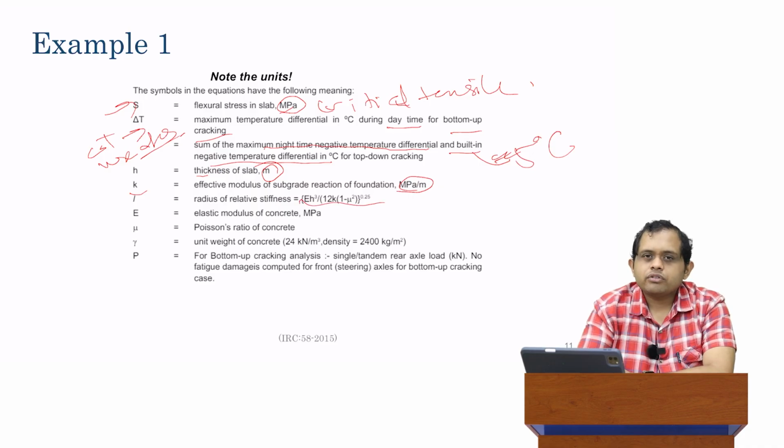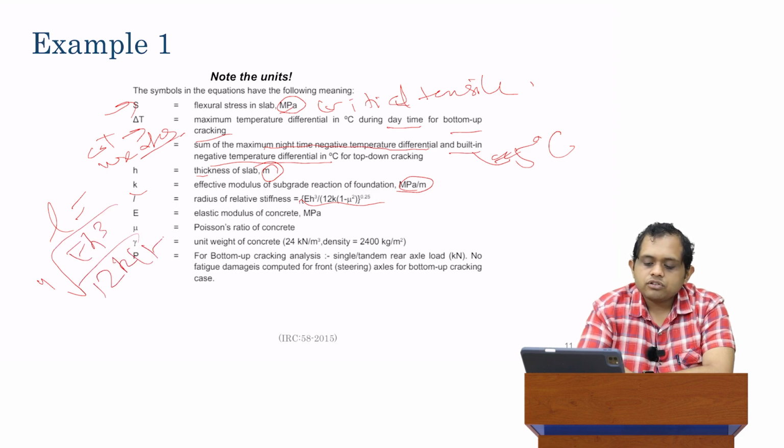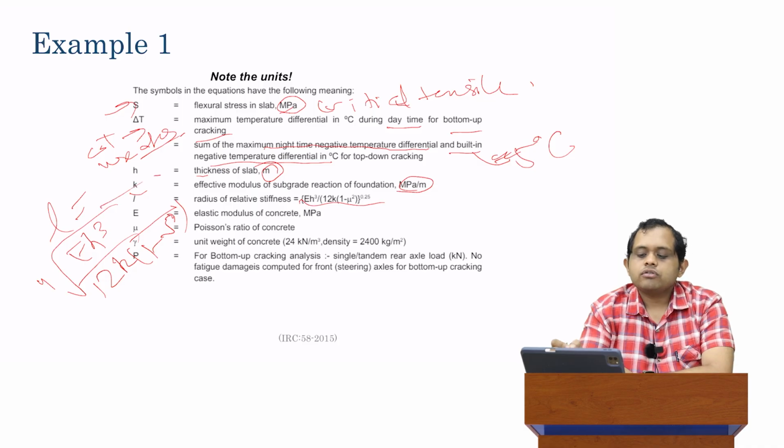So again, this is one of the formulas I told all of you to memorize. This is something you should know. I know in this case, we haven't seen the formula for a long time, but I'll just rewrite it for you. It's the fourth root of E H cube over 12 K into (1 minus nu square). It's very important here for us to keep track of the units. So I just said H is in